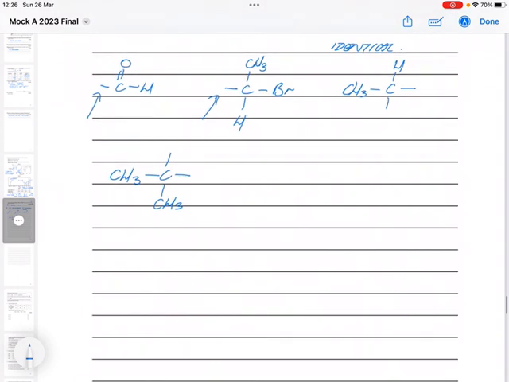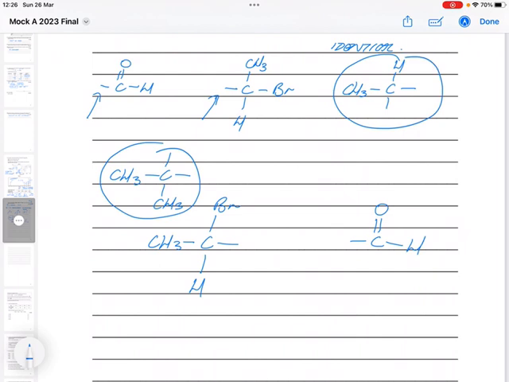Okay, so I'll put the aldehyde over here, and I'll put the CH3, so CH3 carbon Br, and then I've got a hydrogen on there, so I've got to put basically this and this in the